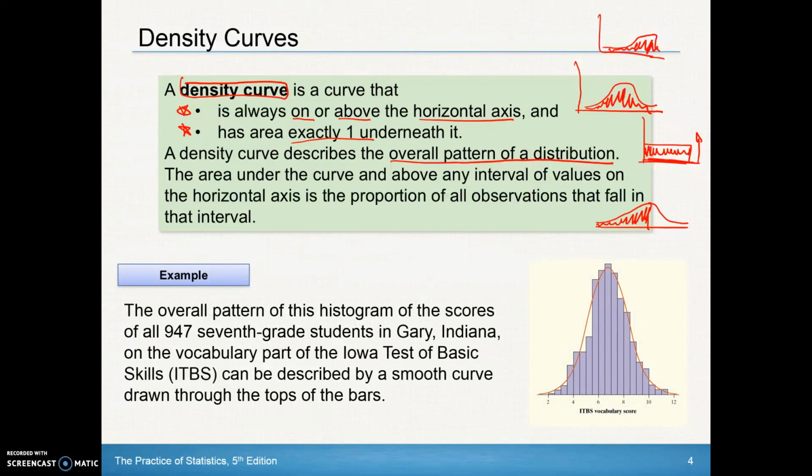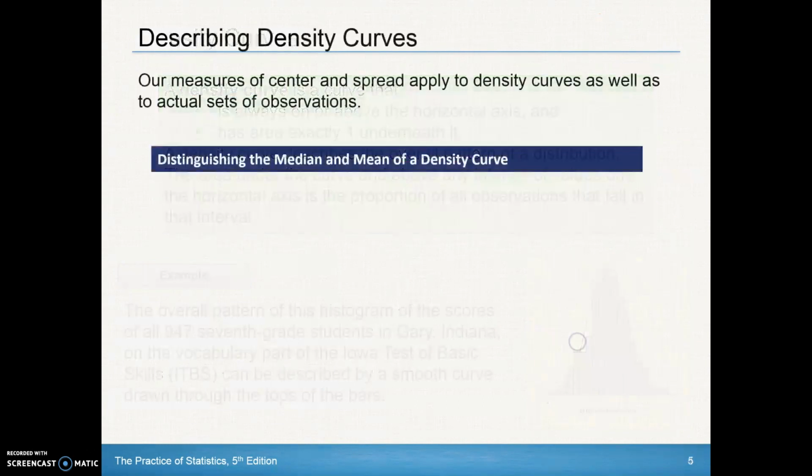So here's an example. These are 947 7th graders in Gary, Indiana, on the Iowa Basic Skills Test. You can look at each of these different bars and see the different scores tallied. What we basically do is follow that pattern of the histogram to try to make a smooth curve for that. And this one does look roughly symmetric. So our measures of center and spread do apply to density curves as well as the actual sets